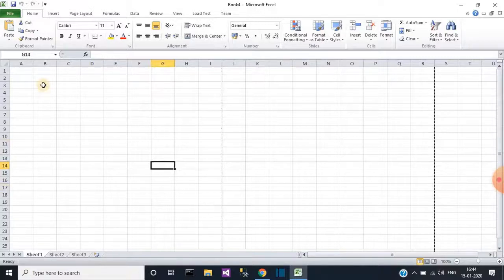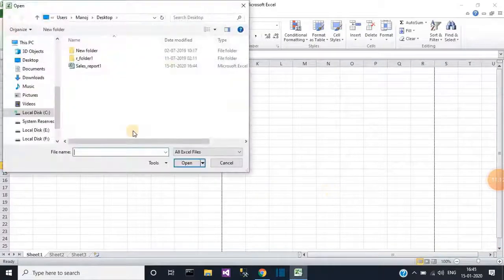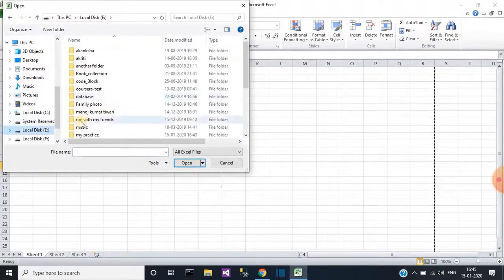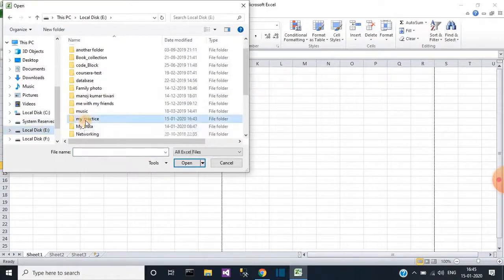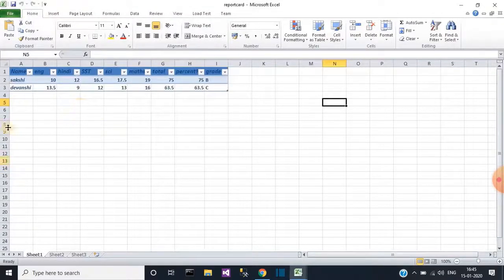So children, as you can see on the screen here, now as you can see, I am opening a saved file. We select the drive where I have kept it, and select the file or folder. Inside that folder, select that file and click on Open.